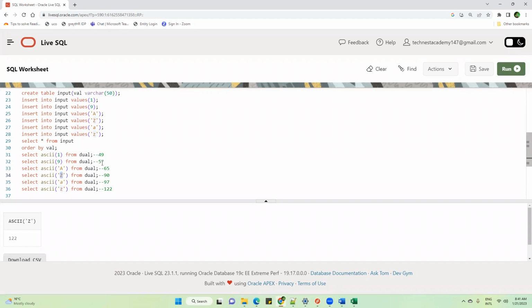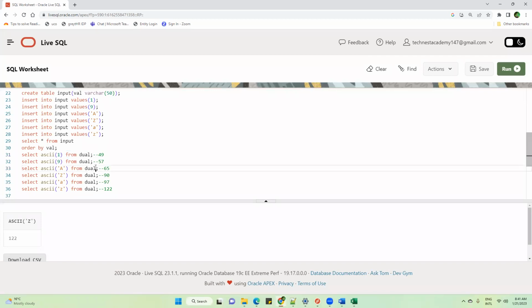These all are known as ASCII values. ASCII stands for American Standard Code for Information Interchange. What is ASCII and why these values are assigned is a different topic of discussion. Maybe if time permits, sometime we can discuss it. But for the time being, I don't want to deviate from the topic. Just understand that each and every character has a certain value assigned, and this is fixed. It doesn't change. Even if you run this query in your Oracle Live SQL, you will get the same value. You can try that after class.